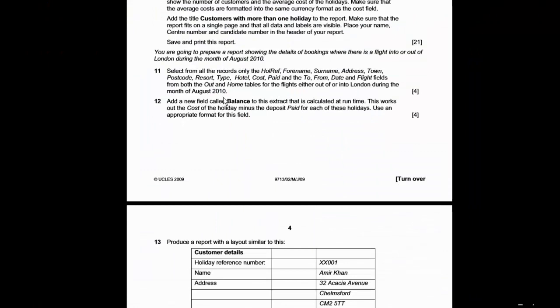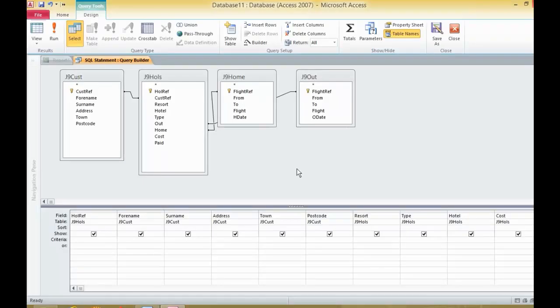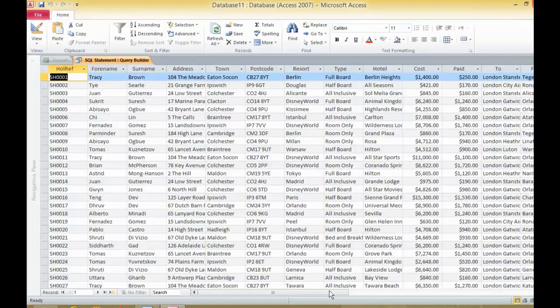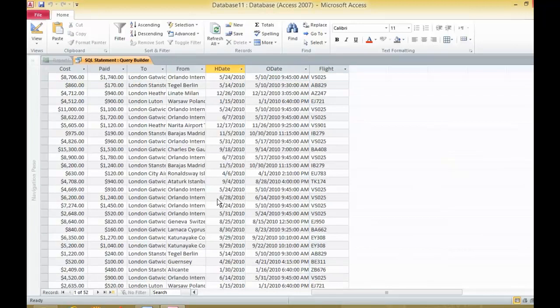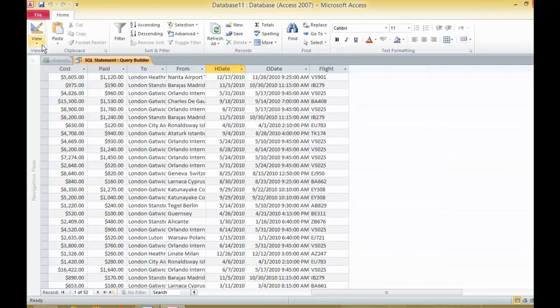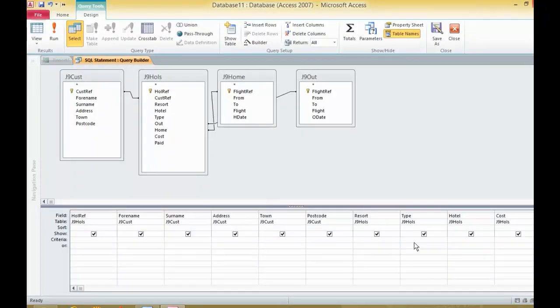Right. Now the important point over here is what they're saying is we need to find out fields from both the out and home tables for both flights either out or into London during the month of August. So if I run this, this is what I get, and I just need to find out those which are coming in August. So this is basically MDY, month, day, year, and it's 2010. So let's come to age date. It's MDY, month. It's 08,